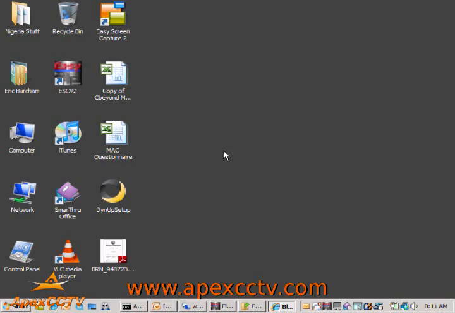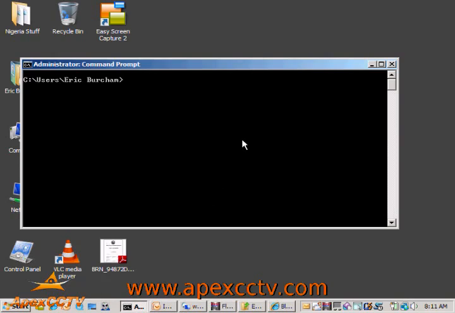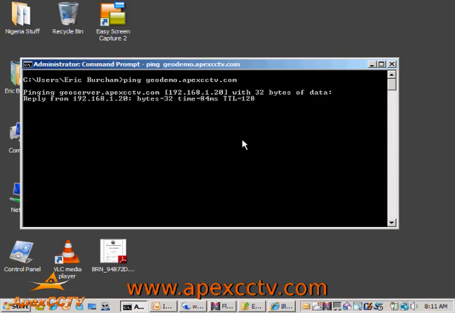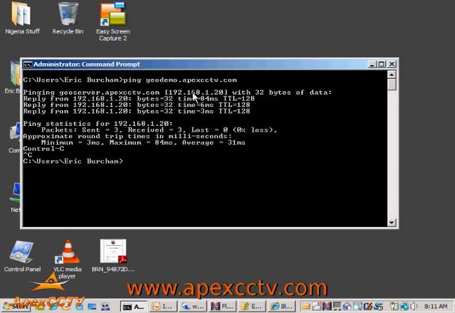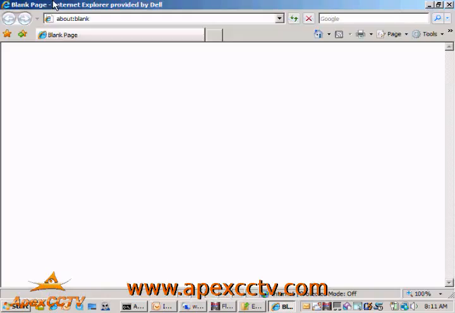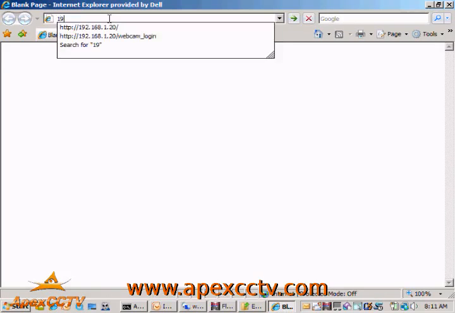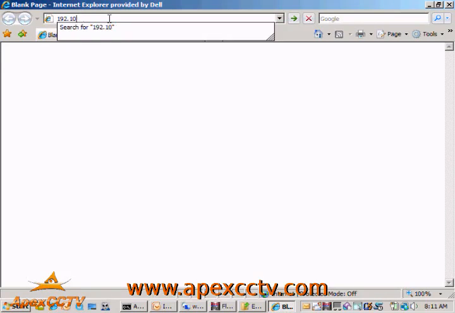As an example, if I open a command prompt and ping geodemo.apexcctv.com, which is our GeoVision demo DVR, that name will resolve into the IP address 192.168.1.20. And I can actually open up our GeoVision demo either by the IP address, like this,